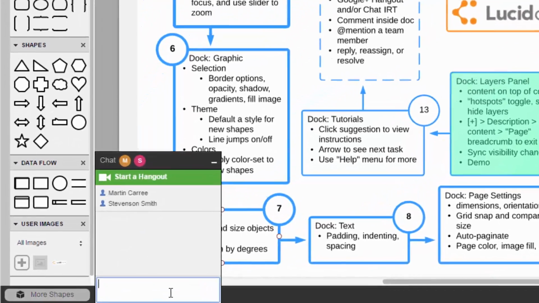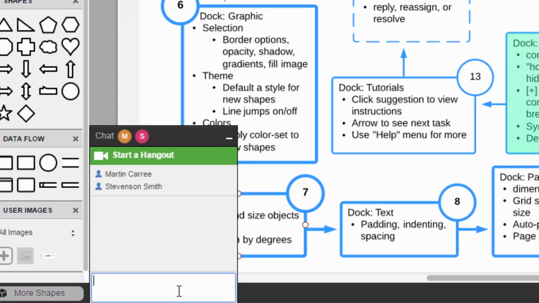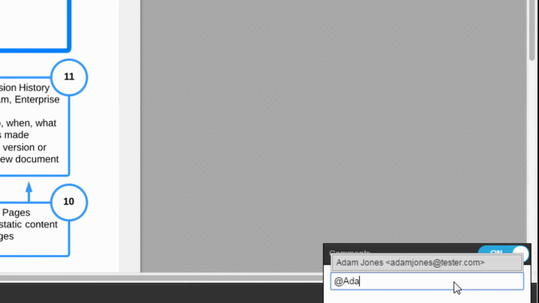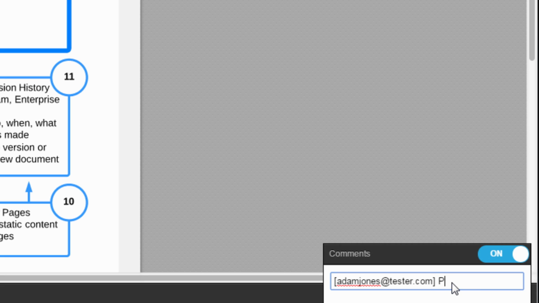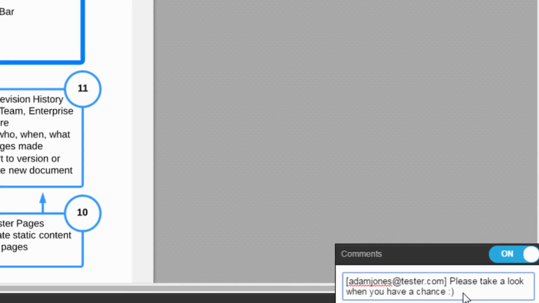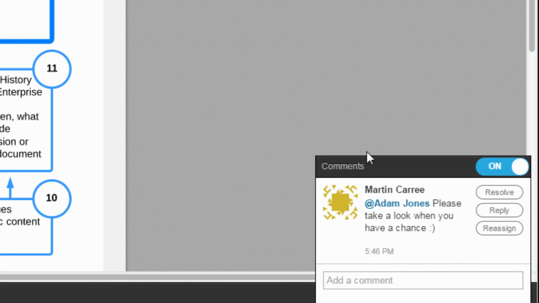chat box. The chat box integrates with Google Hangouts for real-time conversations with other collaborators who are also editing the file. And the comment bar is perfect for leaving notes for collaborators to reply to later. Just @mention a user on your team, and an email notification will be sent to that user with a link to the document. Comments are only saved inside the document and can be replied to, resolved, and attached to specific